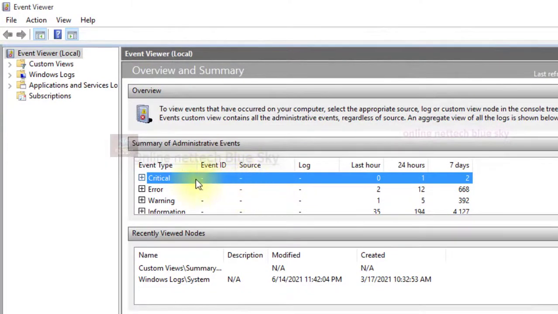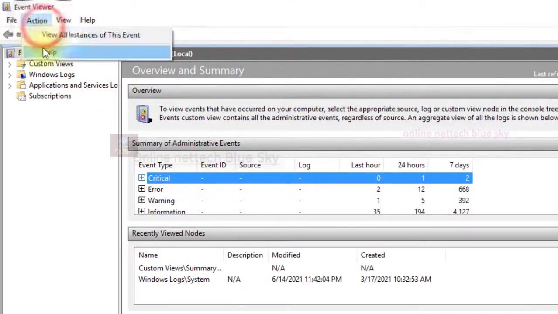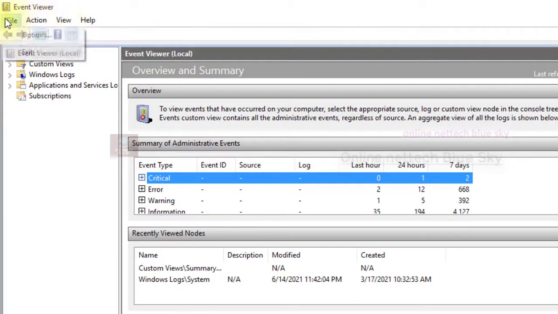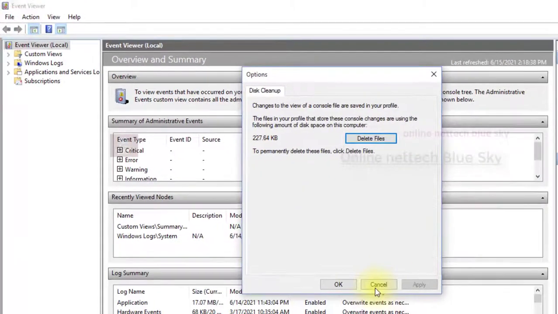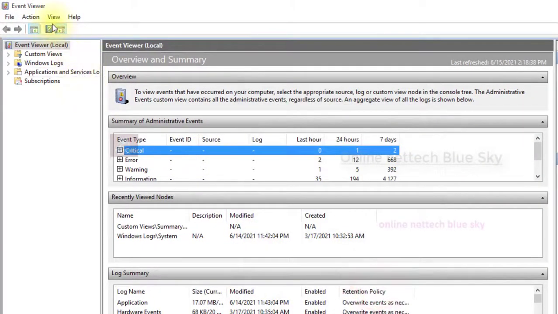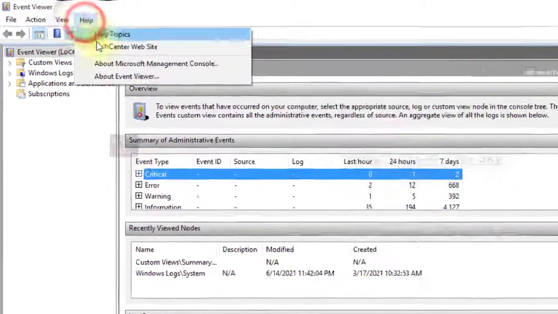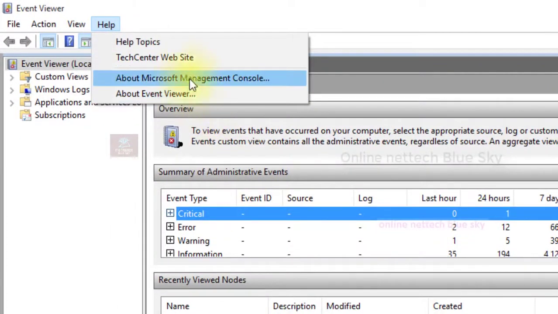You can see these are custom views, and the options available in my system view. Customize, and help and topics are about related things.